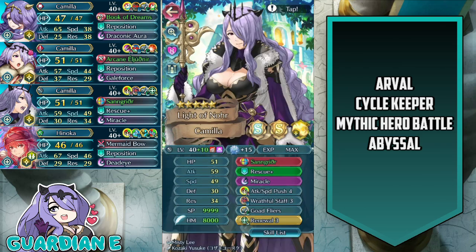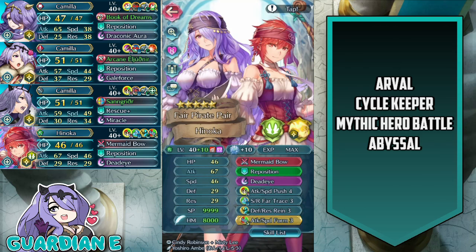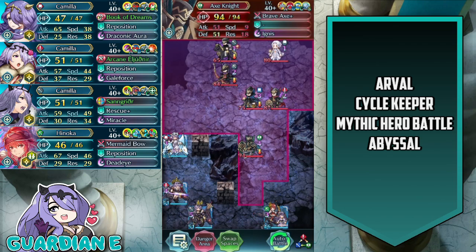We've got Light of Nor Camilla, plus 10, 15 Dragon Flowers, Summoner Support, Attack and Speed Assets, Native Sangreather with Special Refine, Rescue Plus, Miracle, Attack Speed Push 4, Wrathful Staff, Goad Flyers, and Renewal for the seal. And then finally we have the Fair Pirate Pair, plus 10 Dragon Flowers, Attack Asset, Mermaid Bow, Reposition, Dead Eye, Attack Speed Push 4, Speed Res Far Trace, Res Defense Rain 3, and Attack Speed Form 3 for the seal. So right out of the gate, we were going to take out the Axe Knight with the Fair